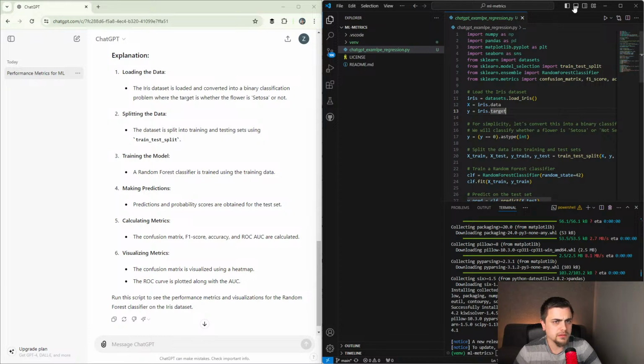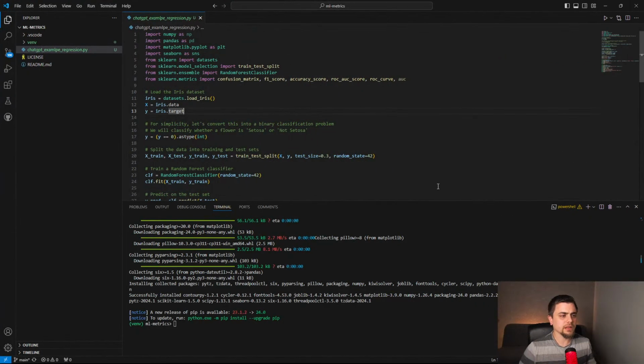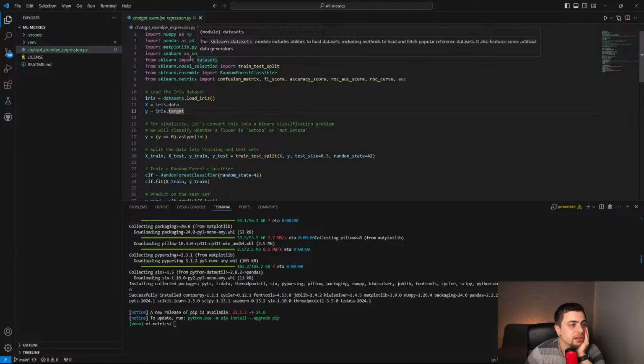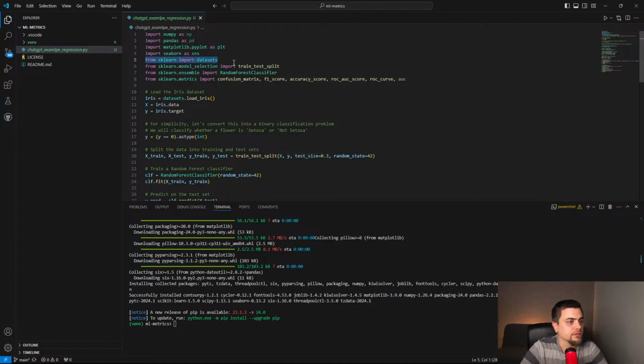Okay, so maybe I will get this VS Code full screen, and let's get through all of this. What is imported doesn't really matter, because from sklearn is the data set. From the train test split, I will talk about it a bit later. Then the random forest classifier and all of these